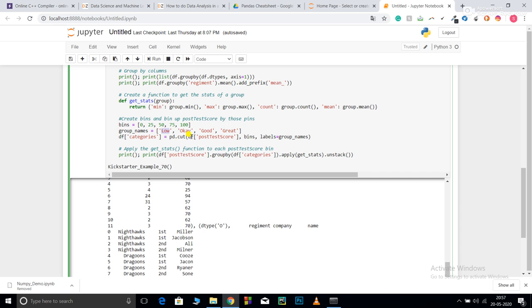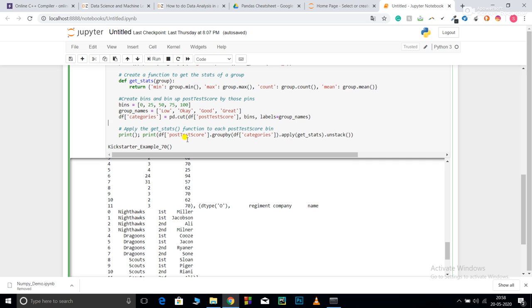Now pd.cut on df post test score, I'm using post test score as my column in which I am going to perform the binning. Then the bins, and what should be the labels? The labels should be the group names, that is the list over here, and you need to provide this as the parameter.